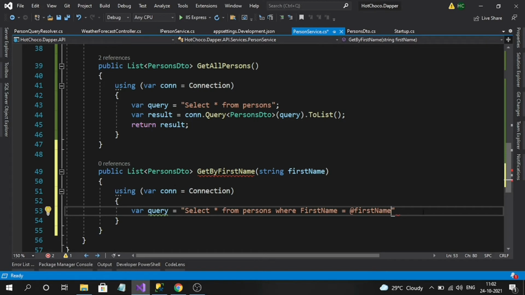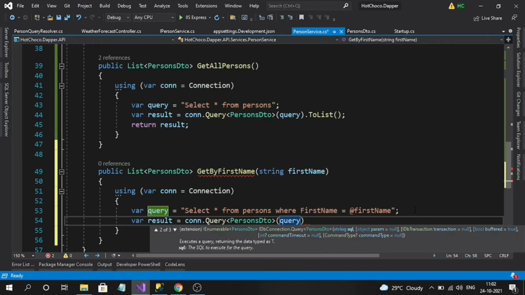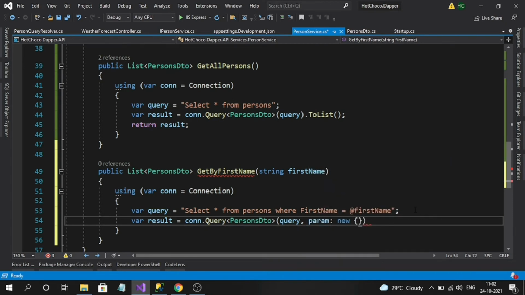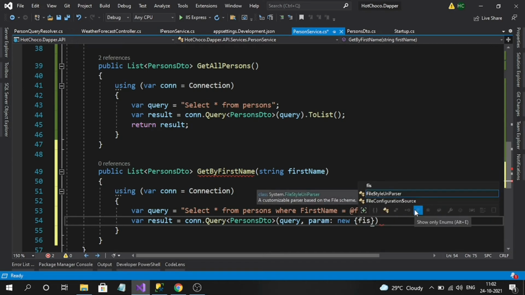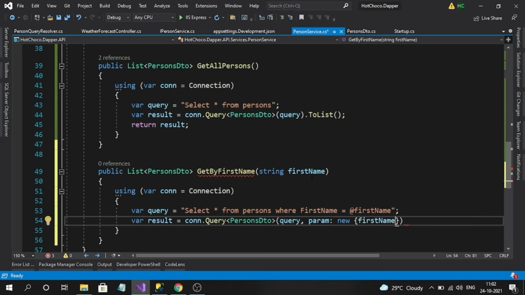So now I want the result, connectionString.Query PersonDTO, and here I can specify the query, and now I have to pass the dynamic value as well. To do that, I will use param. Here I simply form an anonymous object and send my parameter. So this name and the variable name here should match.